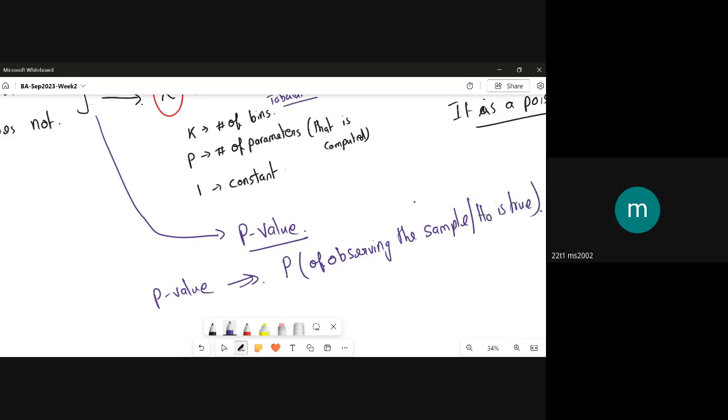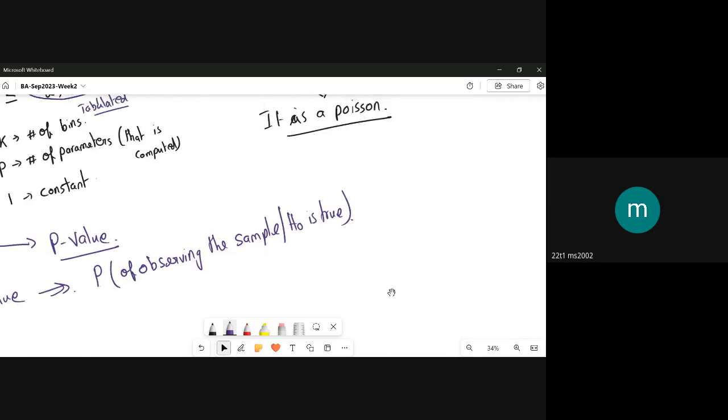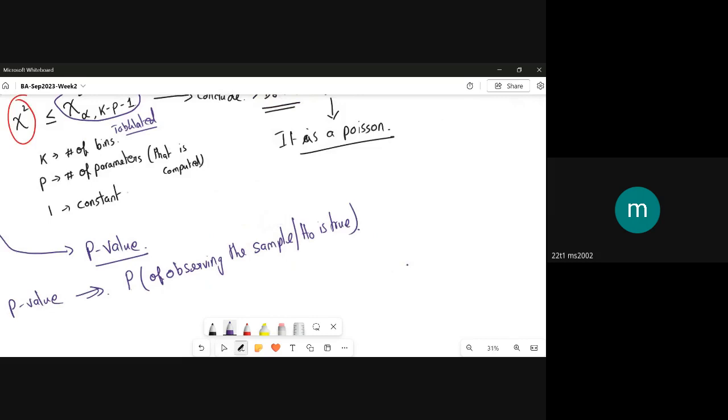All right. So this is the probability of observing a sample, the sample that you have in hand, given that the null hypothesis is true, under the criteria of conditional probability. Basically, when the null hypothesis is true, what is the probability of observing the sample? And for this, you will get some value, right? And that value is known as the p-value. And your conclusion would be based on the criteria that if the p-value is less than a level of significance,